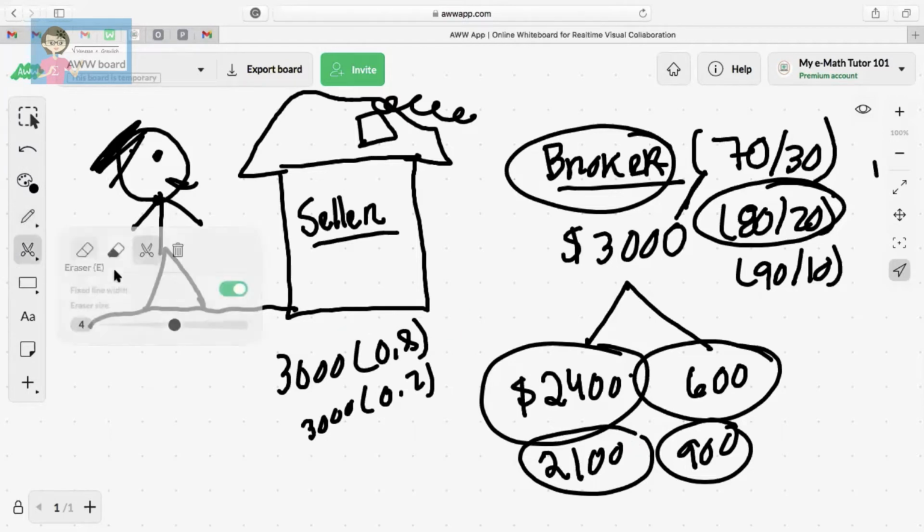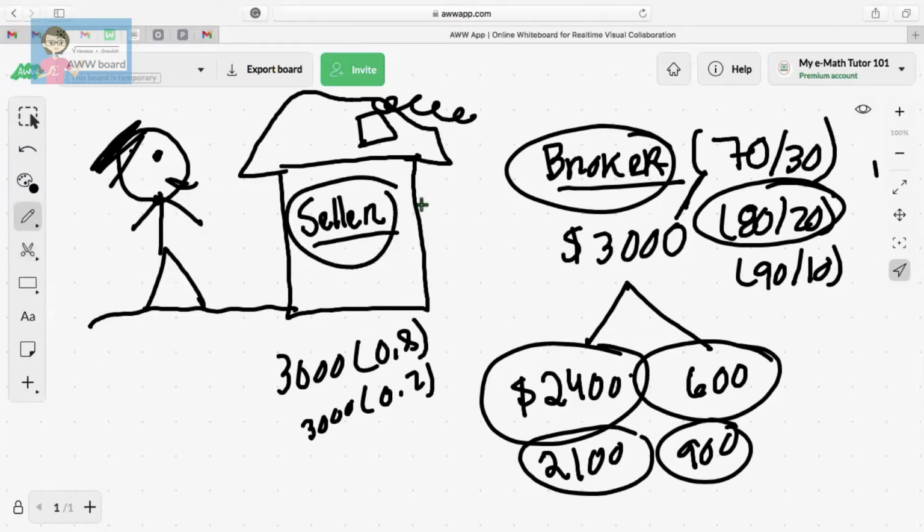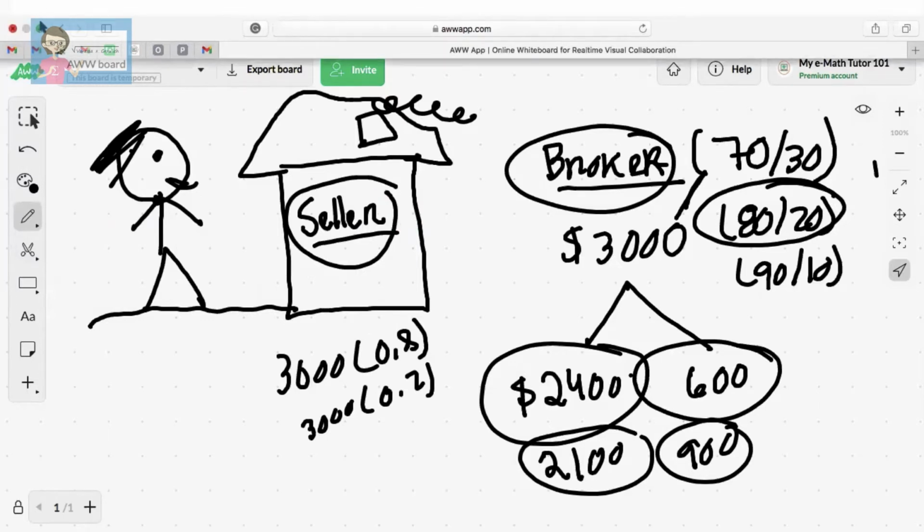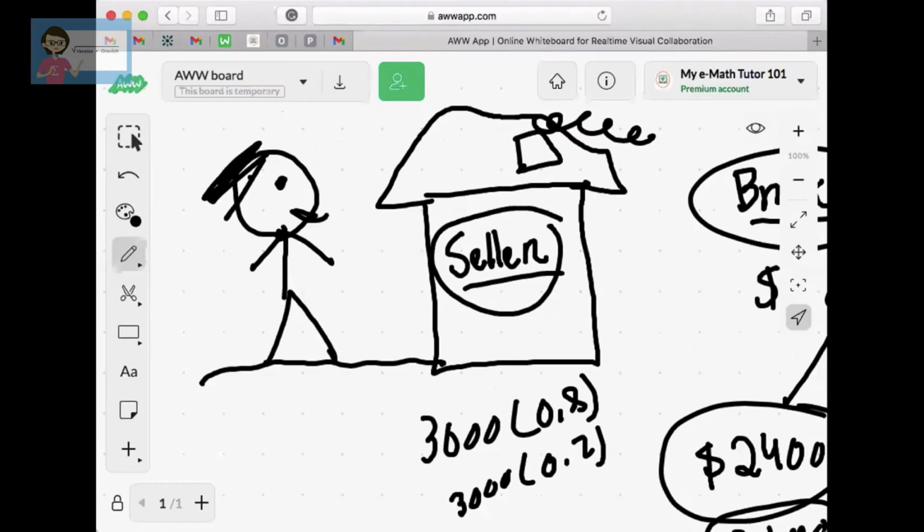Now, as you can see here, the 6% is where all the money goes. Basically, the seller is the one responsible for the commission, but that's not necessarily true. Let's talk about this part right here. Now, does the buyer